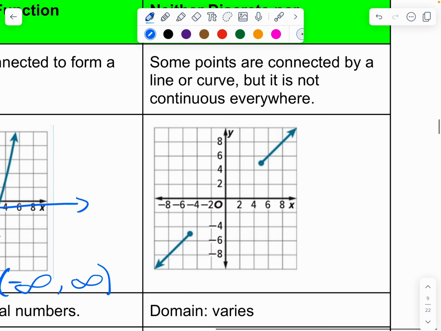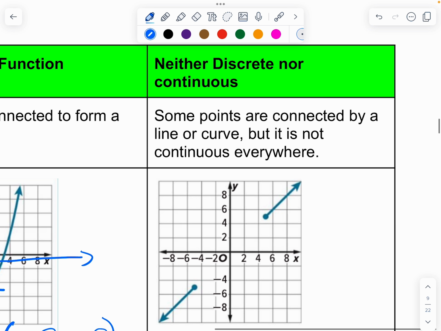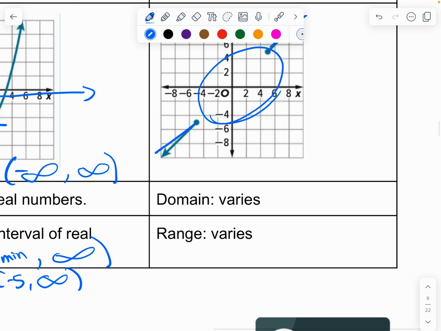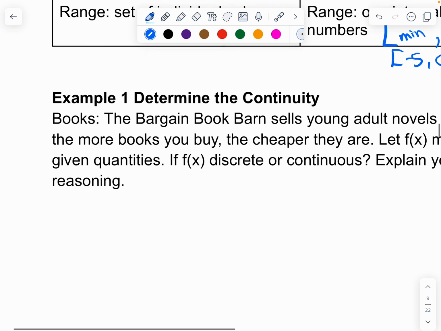Over here, neither discrete nor continuous. Some points are connected right here, they're connected, but all of this, they're not connected. They're not continuous everywhere. Domain varies, range varies. Okay, so